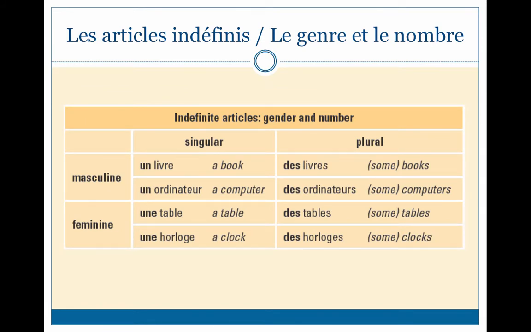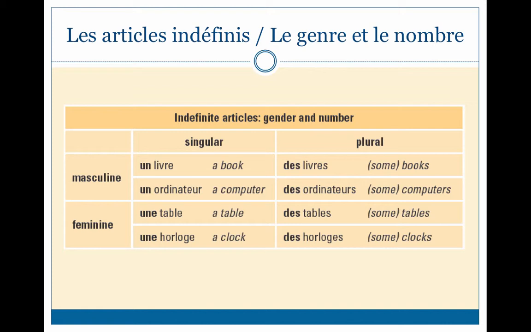So if we look at this table here, we have a table of our indefinite articles for gender and number. And they give you two examples for each. So if you look at, for example, masculin, you have un livre and un ordinateur. It's just two examples of the same thing, so you could simplify this chart by taking one of those out if you'd like. But another really great thing to mention here is that they've paired a noun with it that gives it some sort of meaning instead of just memorizing the words un, une, or des.